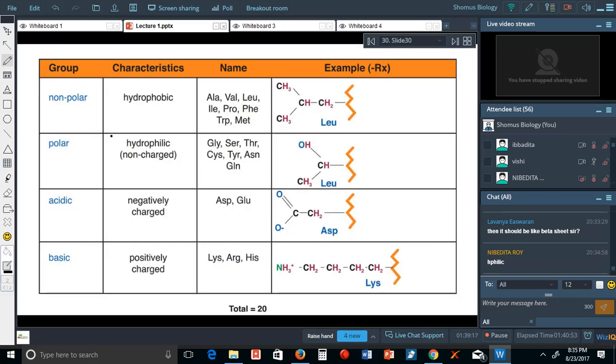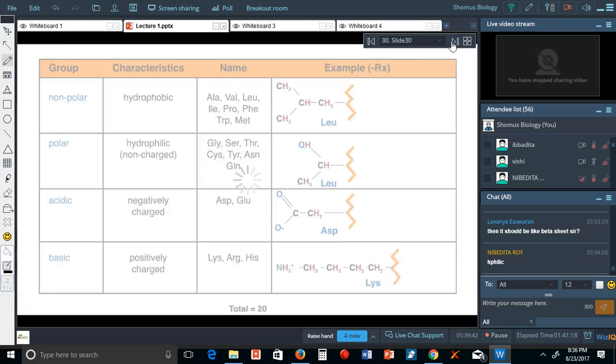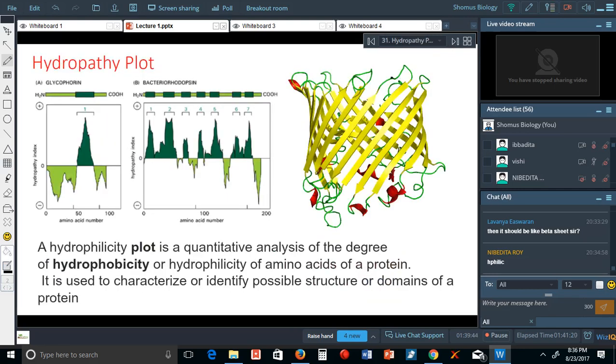In this example, you can also see that the name of the group is given along with the characteristics and the example of amino acids belonging to the group, whether it's basic: lysine, arginine, histidine; acidic: aspartic acid, glutamic acid; polar: the rest of the others, glycine, serine, threonine, cysteine; non-polar: alanine, valine, leucine, isoleucine. So utilize or remember any of these tables. It will be beneficial for you to calculate if they ask you any question, because we already knew about the